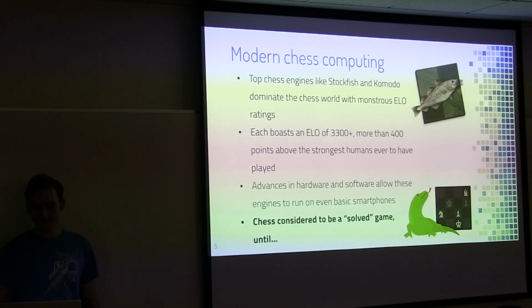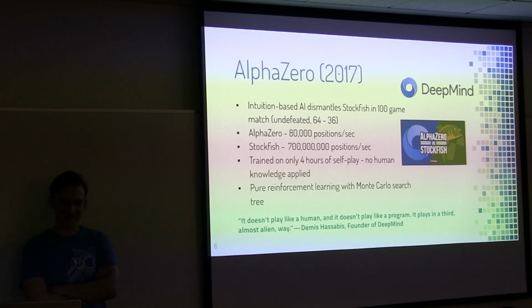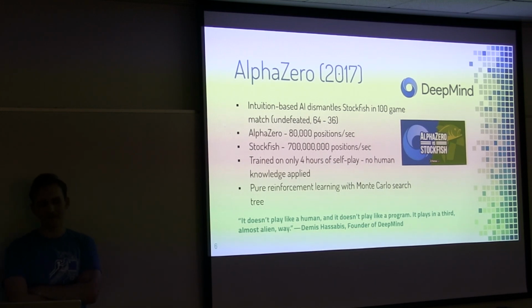So anyway, since these engines became so strong, chess was considered to be a relatively solved game until, just to build some drama and suspense here, AlphaZero burst onto the scene about 8 months ago actually, developed by Google DeepMind. And it's really hard to put into context how significant this victory is. I thought I'd just talk about it briefly because it's just so insanely interesting to me. But AlphaZero is the first non-symbolic AI. Well, not the first, but the first to succeed.